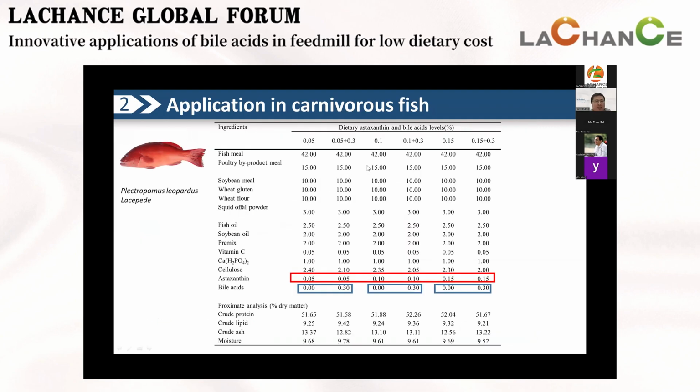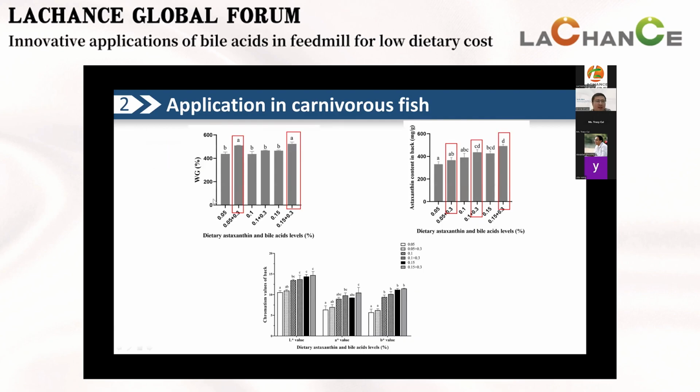And here is an example in this fish, and in this experiment, they set 3 levels of acetylsins and 2 levels of bile acids. None of the groups were not supplemented with bile acids, and 3 groups were supplemented with some bile acids. And here is the weight gain of the fish. We can see that when you supplemented the bile acids in the diet, no matter the level of the acetylsins,